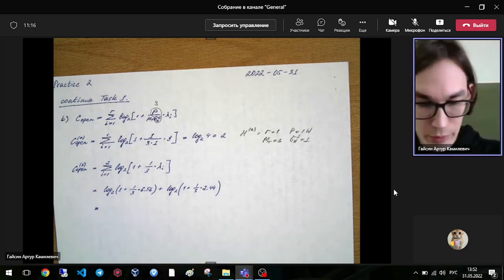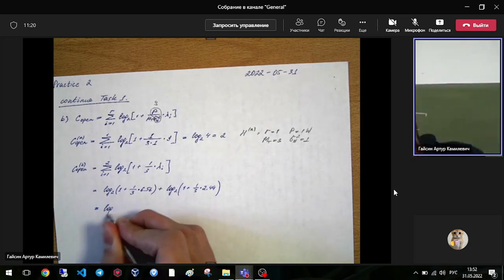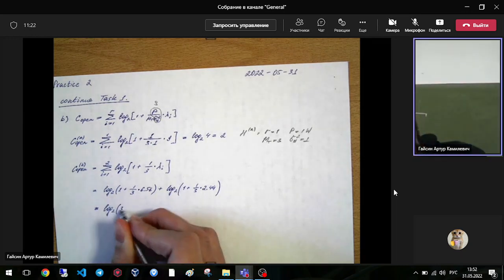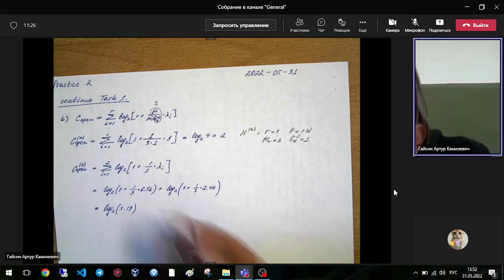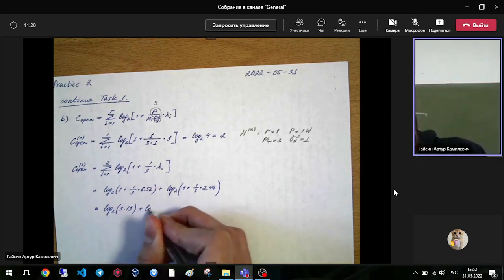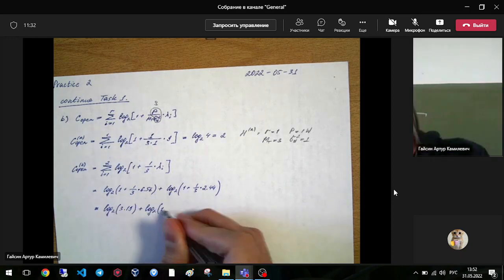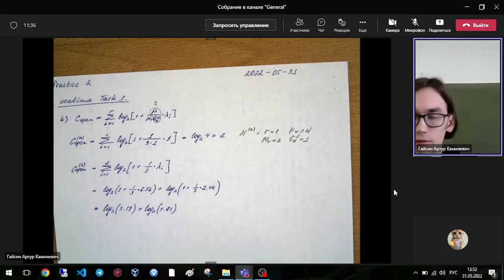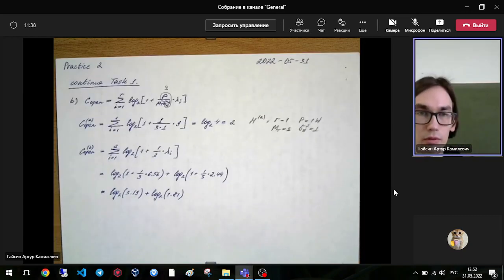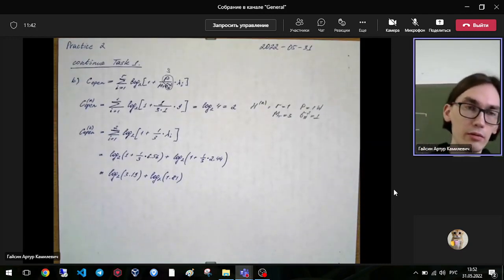For the first one, it is logarithm base 2 of 3.19, and for the second one, it is logarithm base 2 of 1.81. So you can end it like this on the exam,